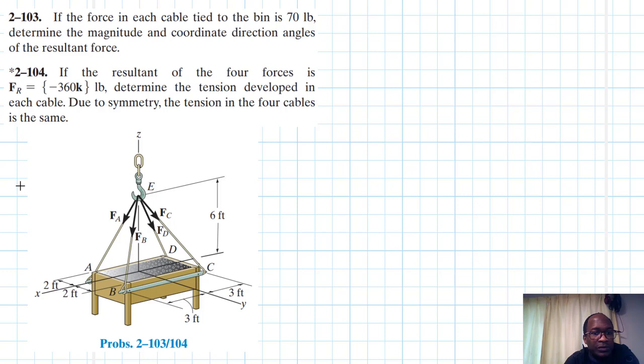If the resultant of the four cables is 316 pounds in the z-axis, determine the tension developed in each cable. Both these problems are coming from the Engineering Mechanics Statics textbook, 13th edition by R.C. Hibbeler. So due to symmetry